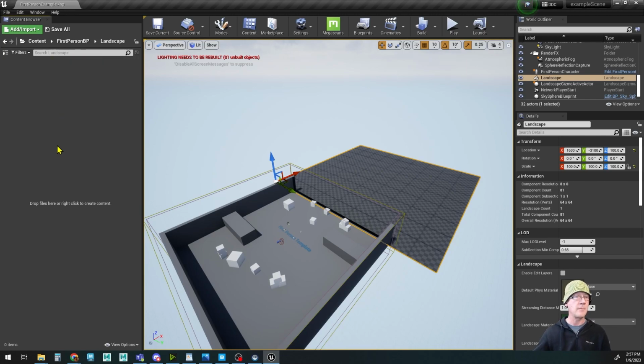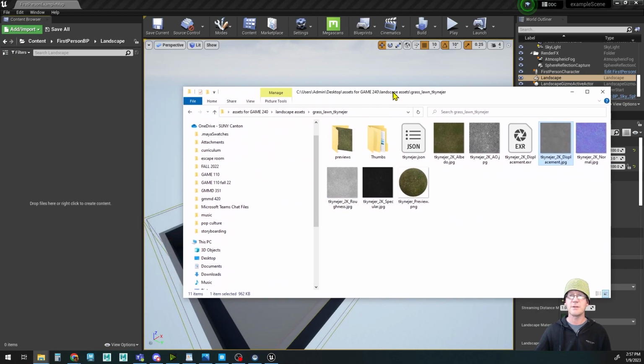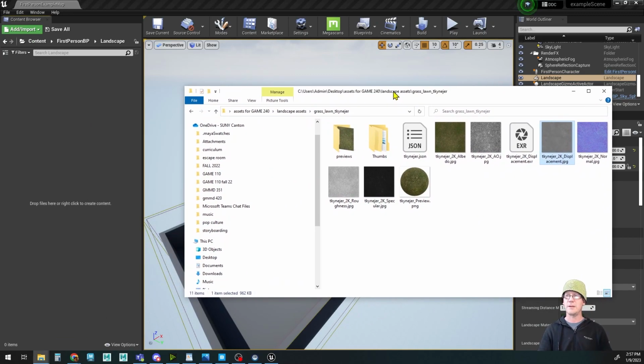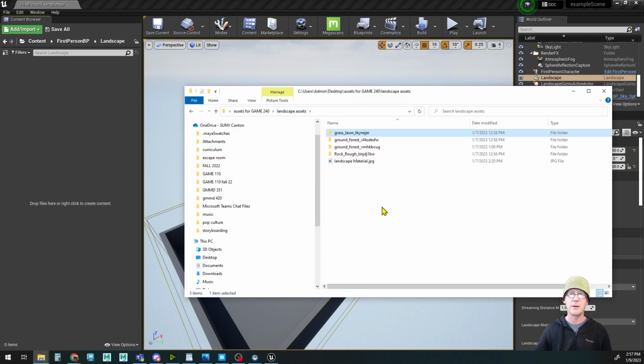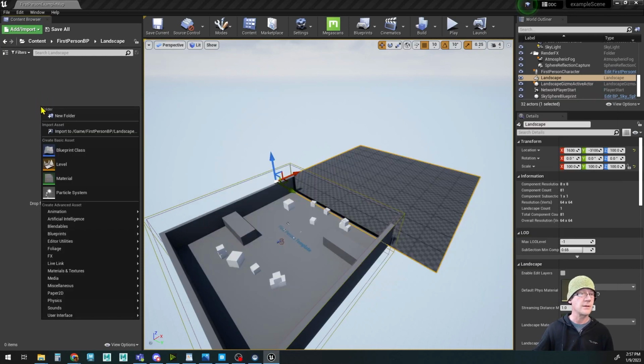And open that up. And I just right-clicked and went to New Folder. Now we have all of our textures. And so we're going to bring in these textures so that you don't have to go searching for them, and save you a little bit of time so that you just focus on one area. So we'll create our landscape material first,